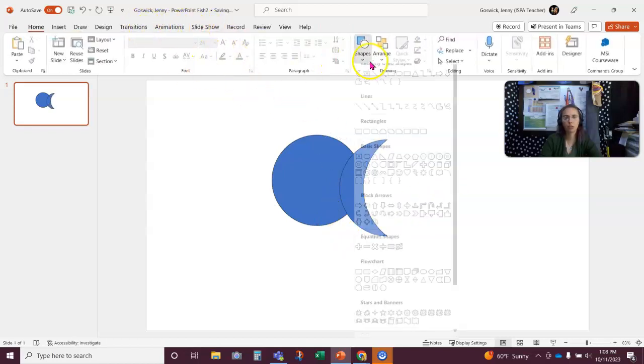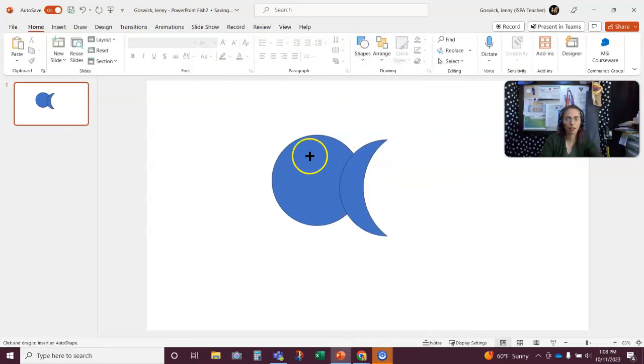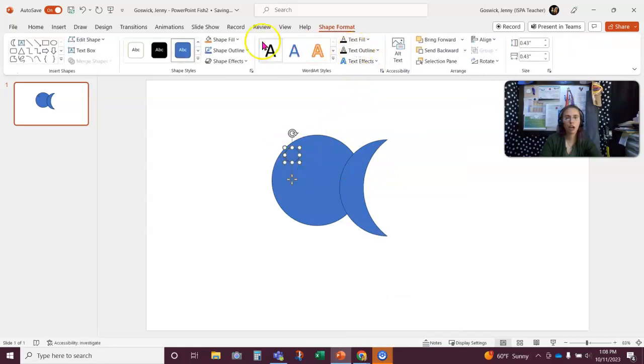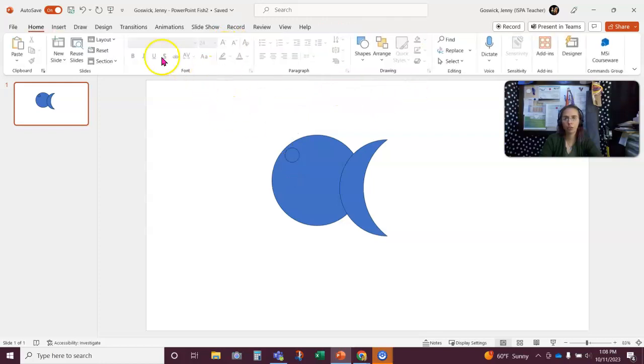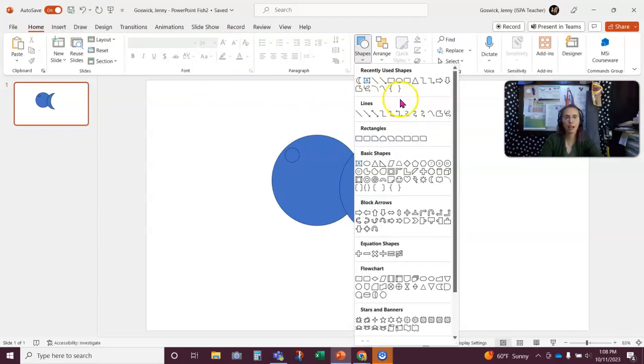And I'm going to go back up to Shape, and I'm going to keep adding, and I'll add some eyes. And your job is essentially to continue to add shapes as you go. Now, every time I add a shape,